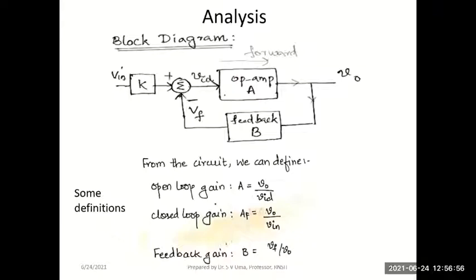First thing I want to do is find a relationship between gain with feedback and gain without feedback. So let me draw a block diagram. Here, the input signal can be scaled by a factor k, so that the input here is k times V in, or you can skip this scaling part also, it won't have any effect. Whether you want to keep this or not is left to your choice. If you want to simplify, just remove this k. So the input signal will be fed as one of the inputs to an adder.